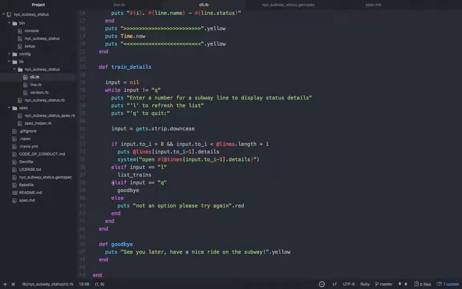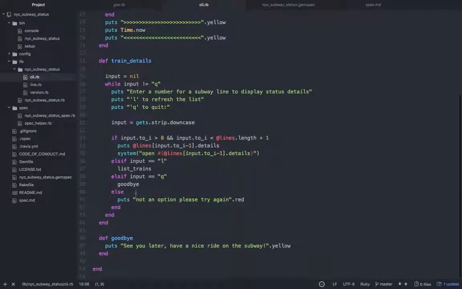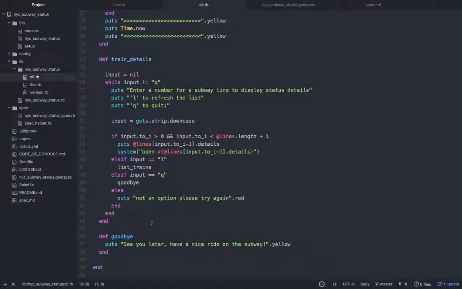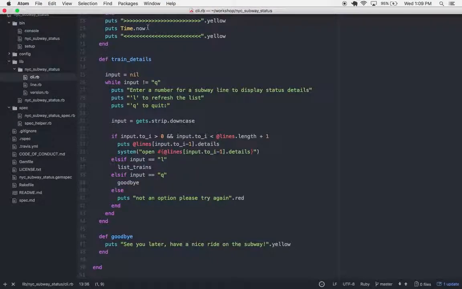All right, and our next is this else if statement on line 38. If we have a quit, we go to goodbye, and the goodbye is defined as, it puts a message here telling the user goodbye. And if anything else gets put in, if the user puts anything else that doesn't fit any of these other conditions, we'll ask the user to try again. Great. Moving on to the